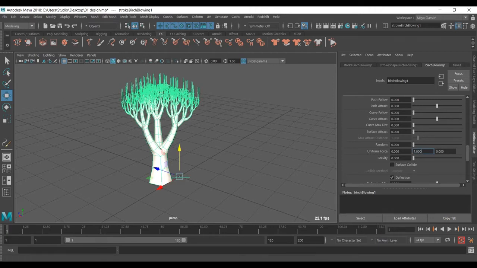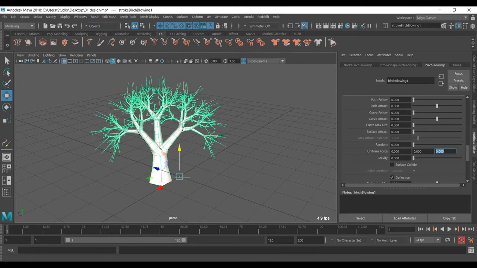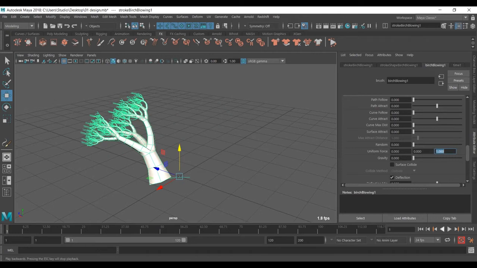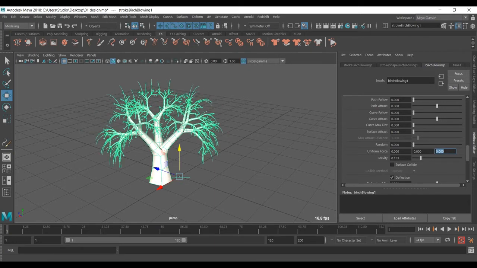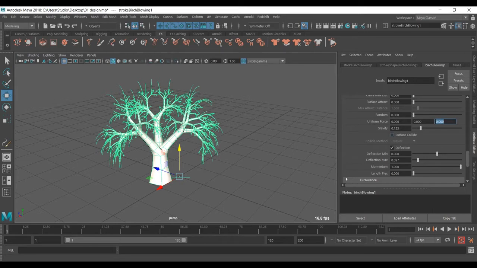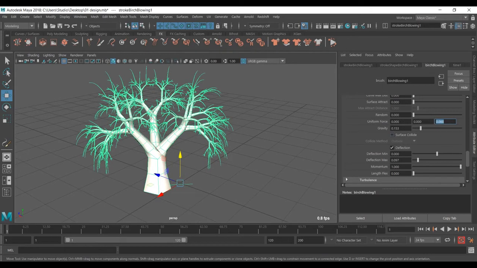So we can go ahead and style our tree by these also. But for now, we just use the gravity. And this one is if you have a collision object, so you can just turn this on. You can find the part of the paint effect on how we can collide